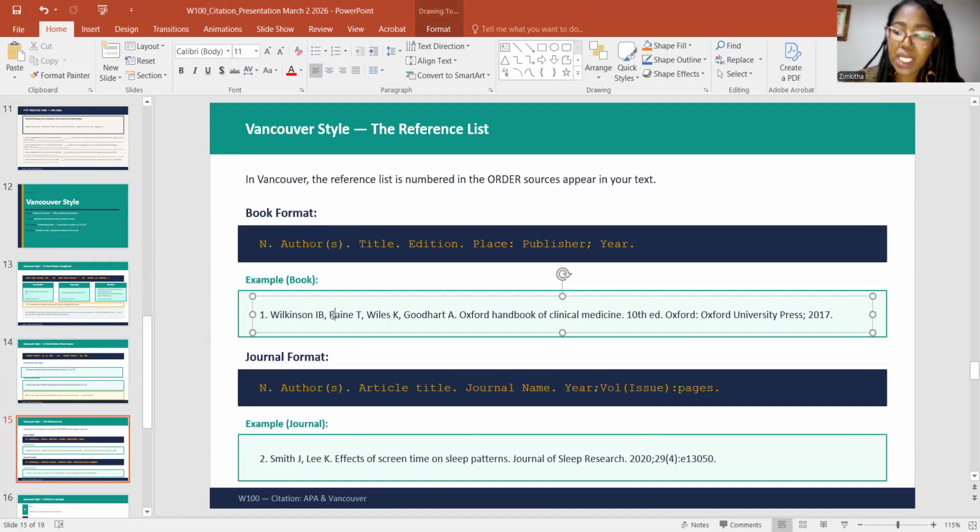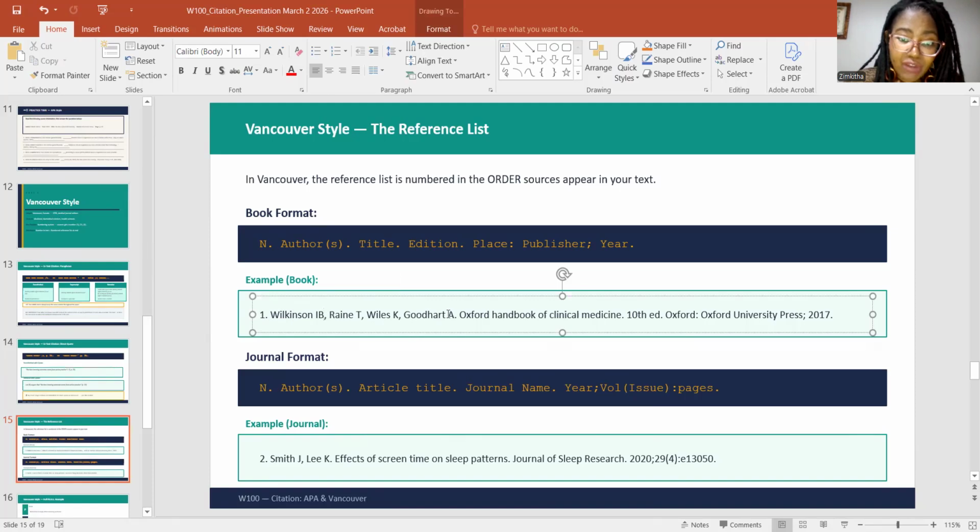So for number 1 to number 10, how many sources do you have? You will find some journals that use up to 100 sources. And you need to be the one to run around and figure out where number 98 needs to correlate with number 98 in the reference list and in the in-text citation. There are some parts that are similar. So you start off with the last name of the author, then their initial.